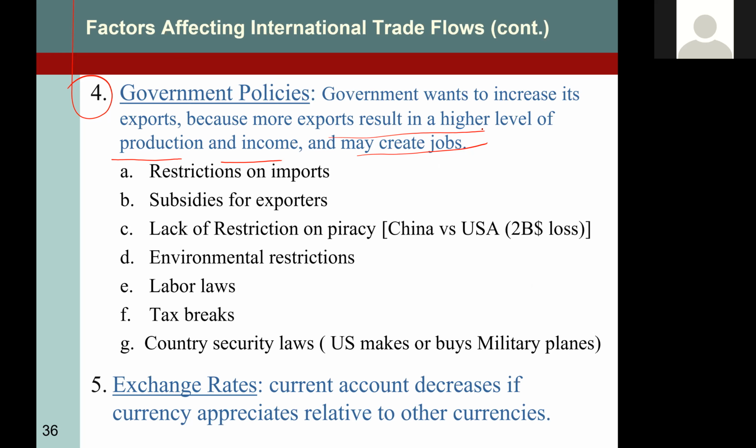So which factors cause international trade flows to increase or decrease? Number one, restrictions on imports, subsidies for exporters, lack of restrictions on private